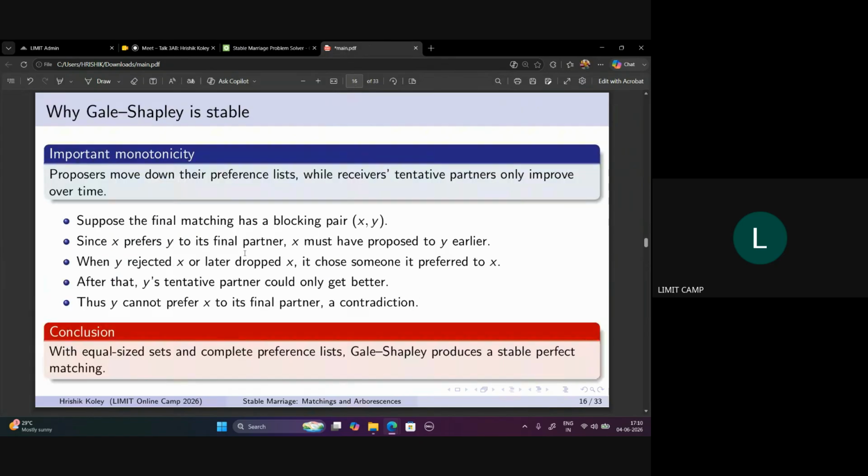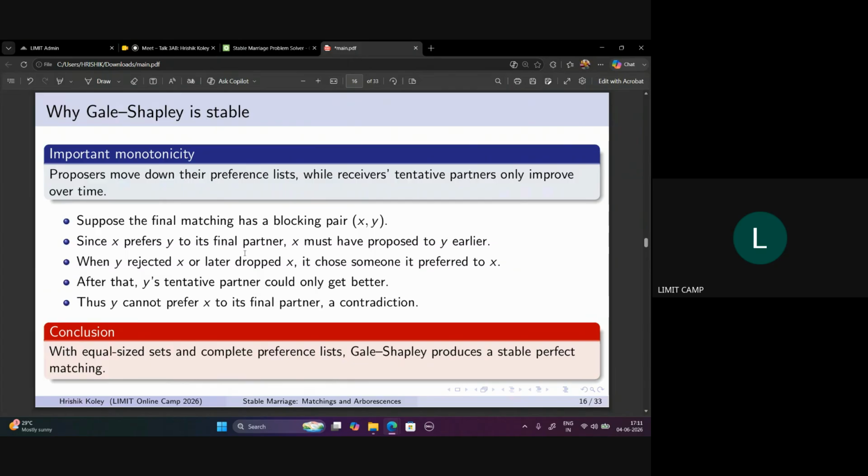So there's some monotonicity here. The group that proposes always moves down their preference list, while the receivers, or rather the person being proposed to, their tentative partners only improve over time. Now, to show that the Gale-Shapley algorithm always gives a stable matching, assume this, that the final matching has a